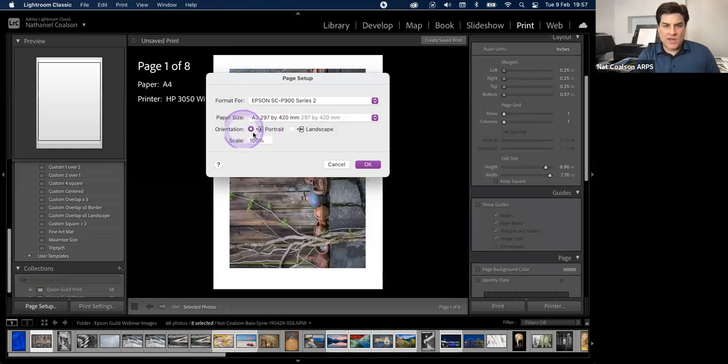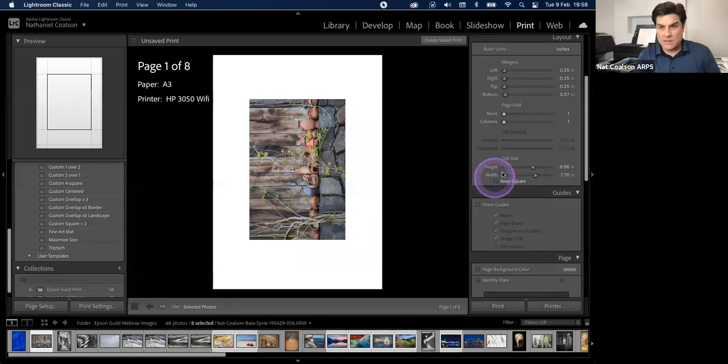I always try and print in portrait orientation. Now there may be the odd exception where landscape actually works, but most of the time, if you think of portrait as the way that the sheet of paper is feeding through, in almost all cases, your short side is the one that's coming through, right? You're not printing photos in a landscape orientation as they go through the printer. So I try and orient my images on the page as portrait, even if once they come out, I'm just going to rotate them into landscape, right? And that's easy enough to do. You can see that in Lightroom, it's automatically